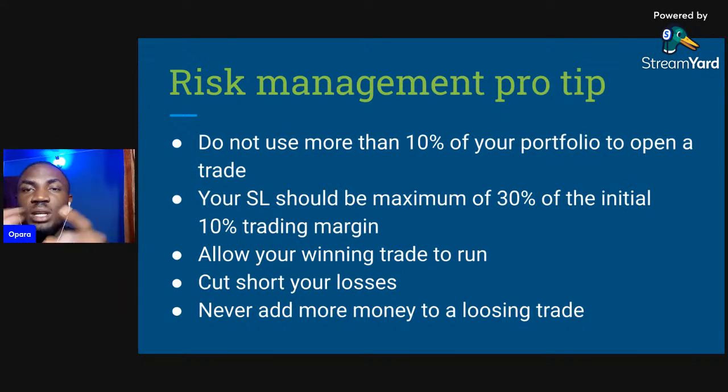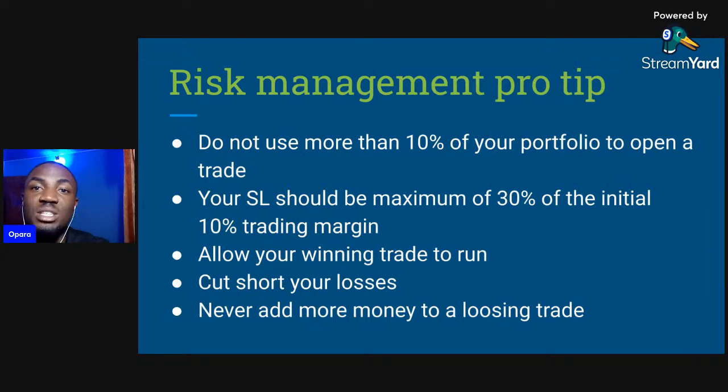Because of the kind of capital I have, and the kind of capital most of us would start with, I'm giving you what worked for me and what you can employ to work for you too. So use 10% of your portfolio. Let's assume you have a $100 account. You'd be using $10 per trade, so to trade with all the $100, you'd open 10 trades. You can decide to use 5%, whichever, depending on the risk you're comfortable with.